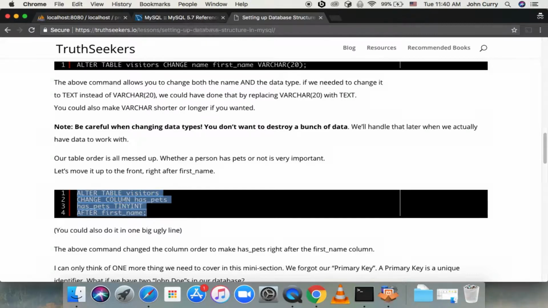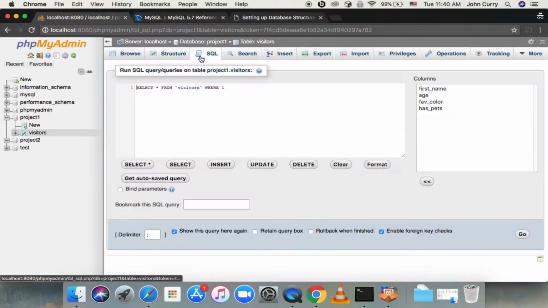You could change the column, or you could leave it the same. You could just add the same information, and the important part here is AFTER or BEFORE. So we'll go ahead and do that, and we'll paste it. That means this has_pets column is going to be located right after first name. So if we hit go,